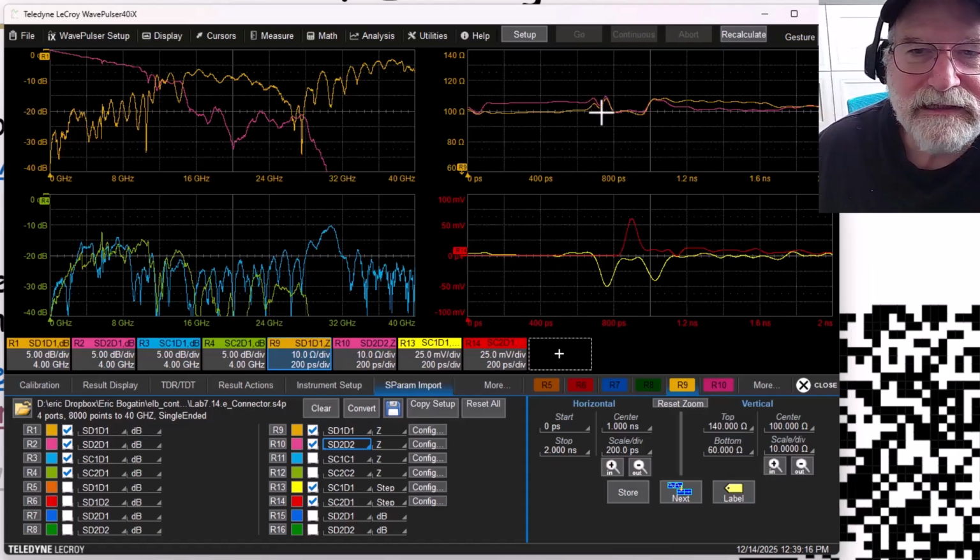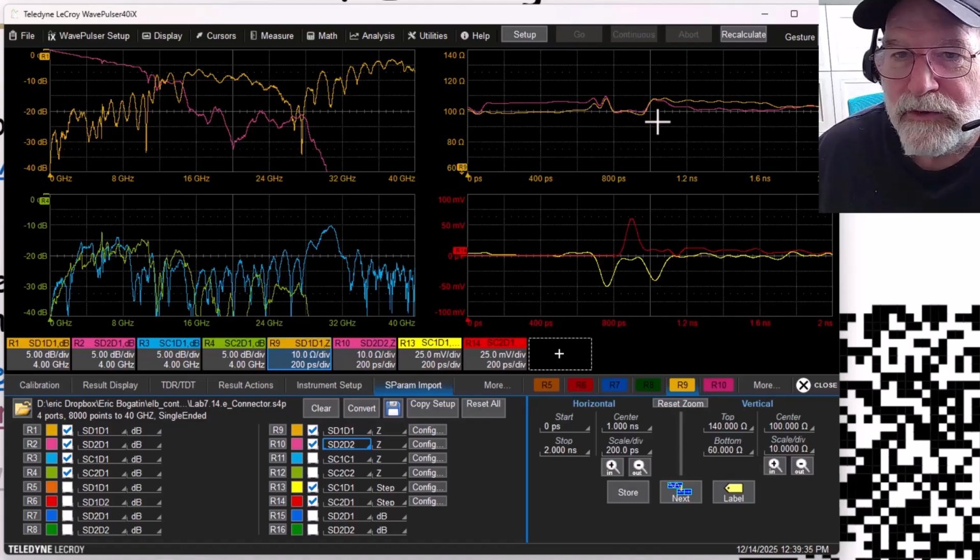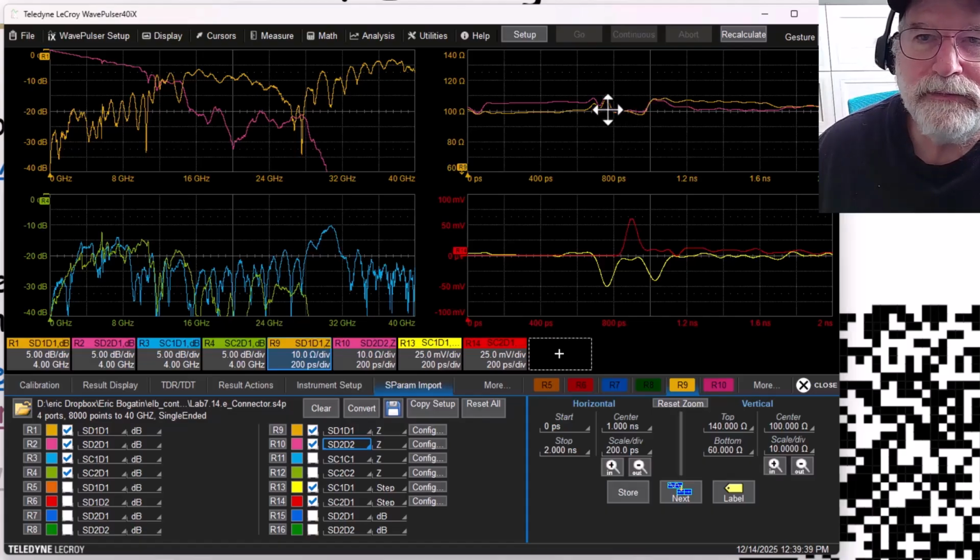I have a slightly different impedance from the two sides of the board. The impedance of the line on one side of the board, the differential impedance, is pretty darn close to 100 ohms. The other side is a little higher. So the board isn't really symmetric. There are two different daughter cards that are connected together. But in the region where the connector is, oh my gosh, what a beautiful 100 ohm differential impedance connector